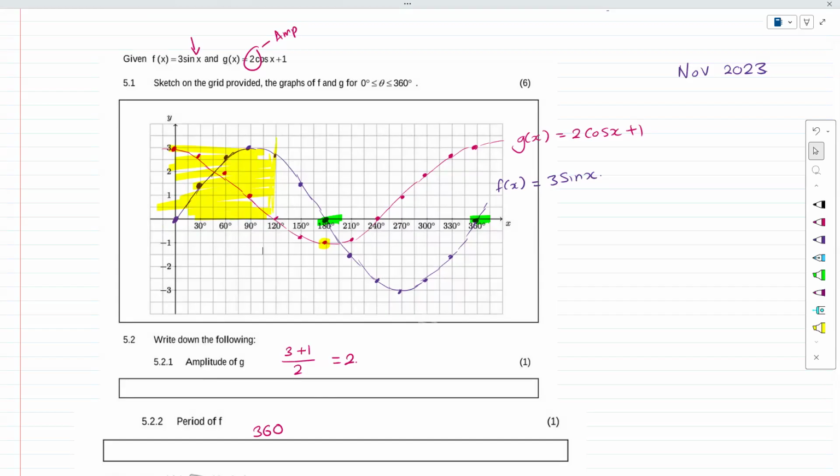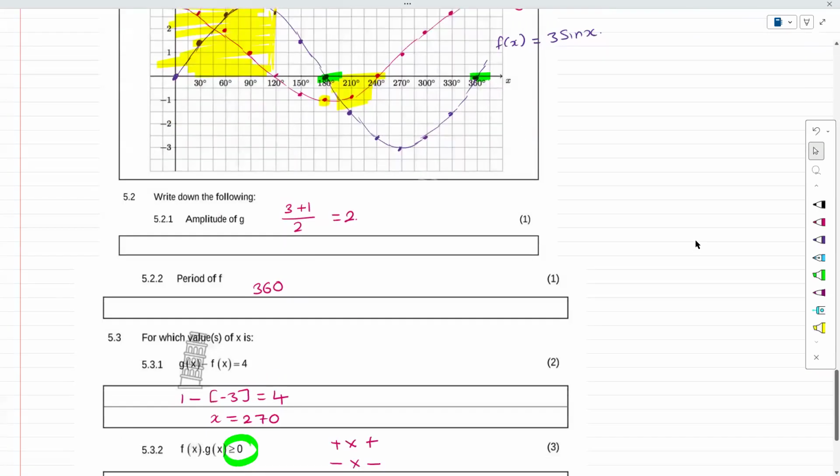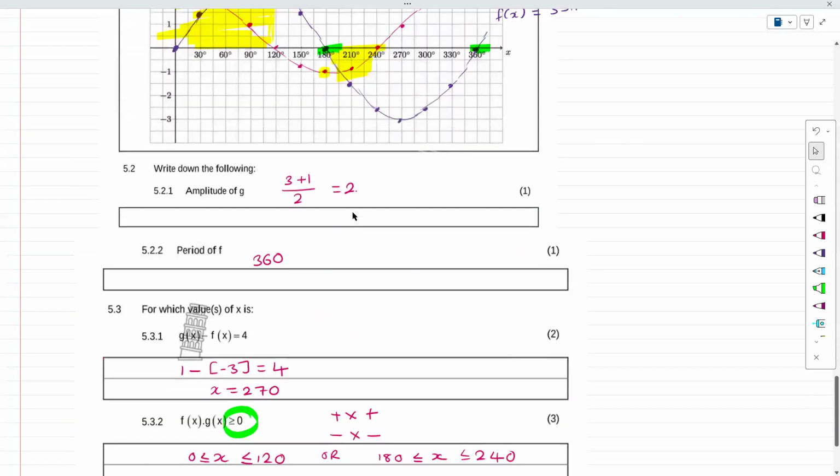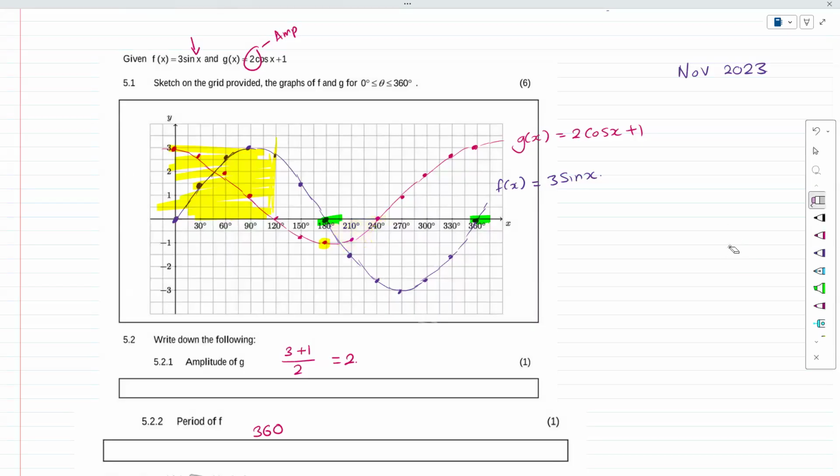The next one is tricky because we don't have much help, but if we look at this, this part is negative and negative. So negative times negative is positive. So between, let's go with or, 180 is, the x is greater than or equal to 180 or less than or equal to 240. Now guys, I'm going to explain one more time. The question wanted,